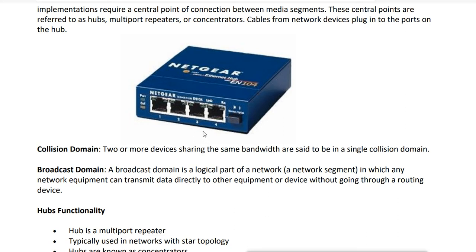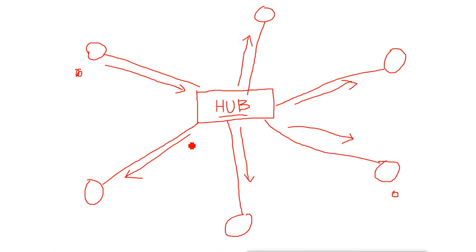So this hub is actually a single collision domain and a single broadcast domain. What does that mean? It works like a bus topology, so if two devices send data at the same time and a collision happens, they will send a jam signal, and the jam signal will be broadcast everywhere, and all the other devices will have to wait.